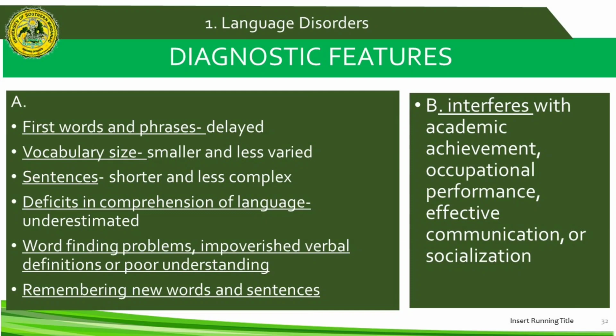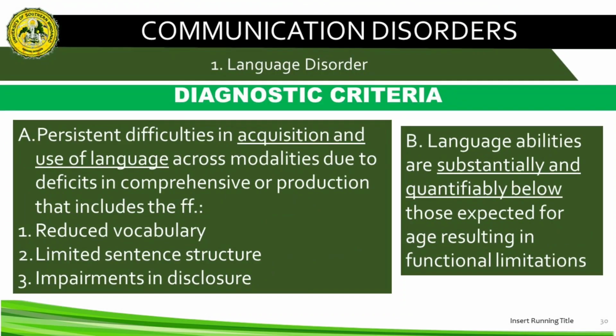So, these skills are important for learning new words. So, difficulties with discourse are shown by a reduced ability to provide adequate information about the key events and to narrate a coherent story. For criterion B naman, language abilities are substantially and quantifiably below those expected for age, resulting